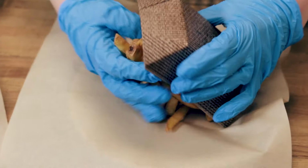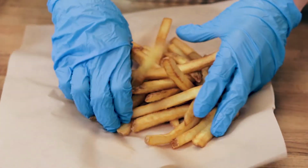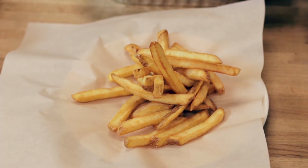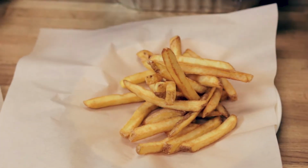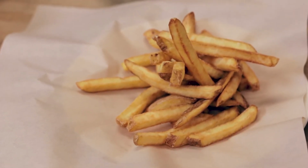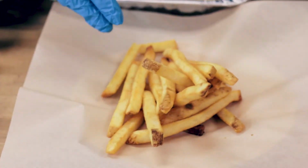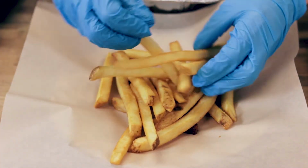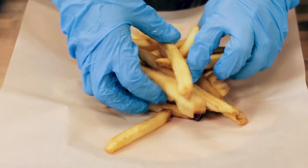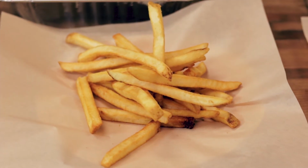The sea salt brine fries. I can get some nice height out of that type of fry because they're all that length. I don't have a bunch of little pieces on the plate. Now I can go to my coated ones. I can put the same portion on this plate. This fry really has a lot of similarity to it, to the point where I can almost stand those up like a campfire. And then when I go to my crispy coated fry,